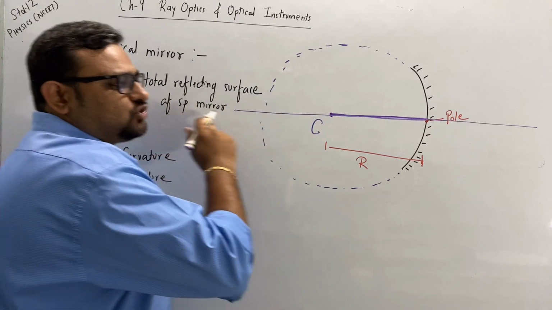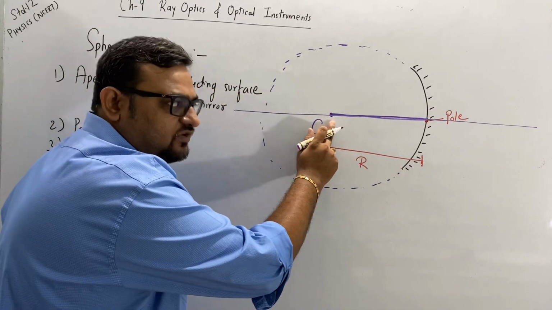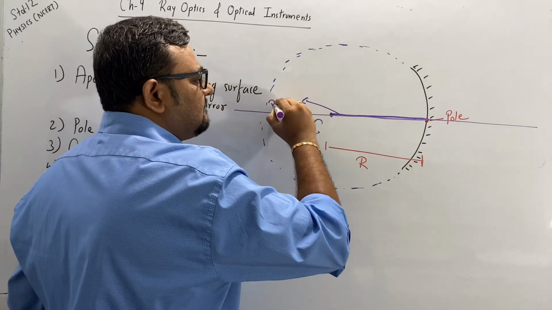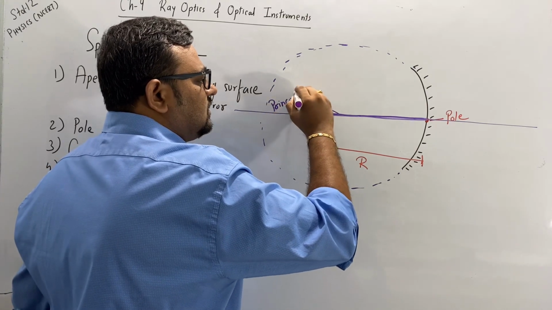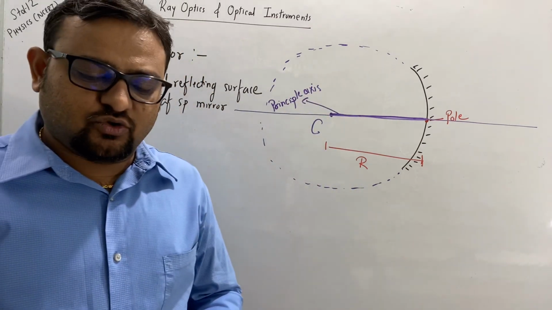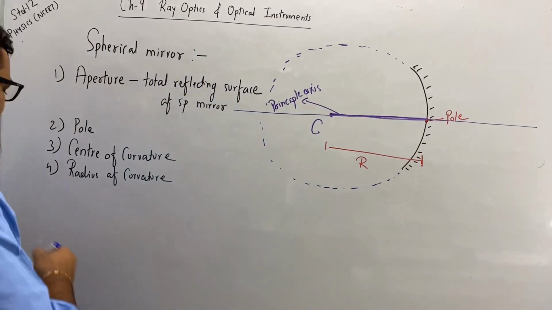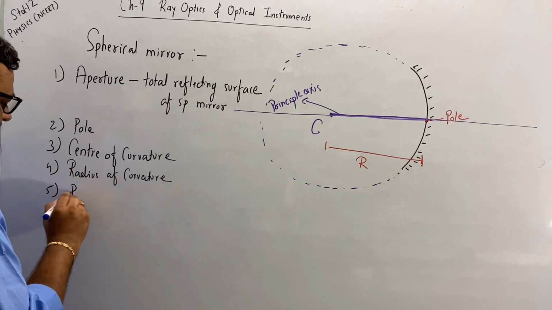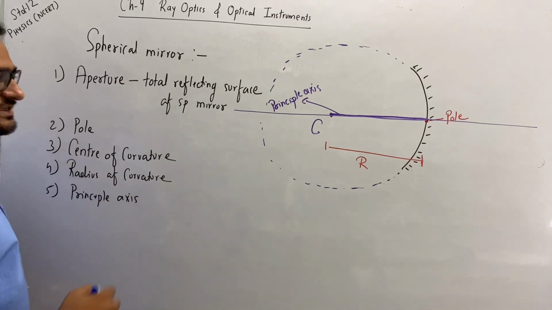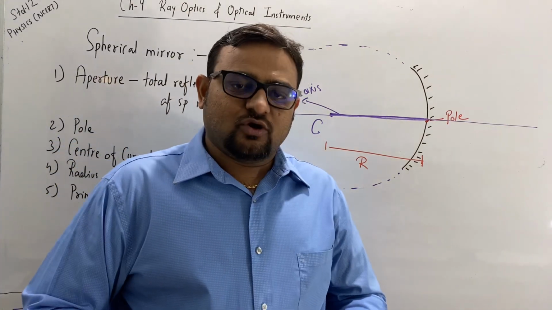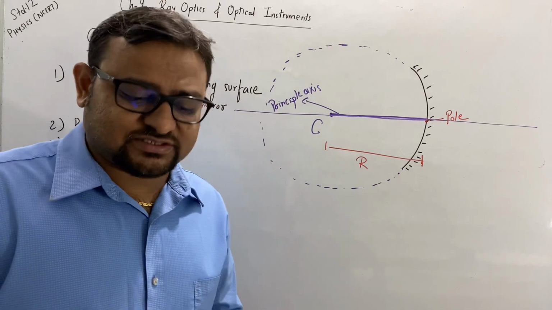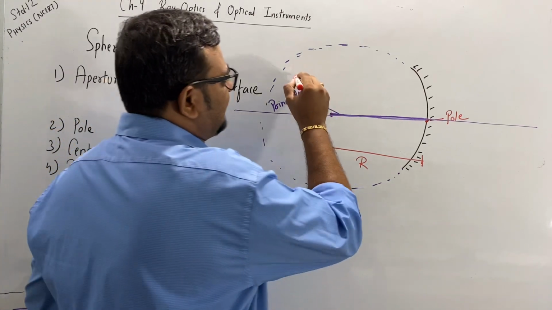Okay, so the line joining center of curvature and pole is called principal axis. Okay, so that is the next thing. Fifth, principal axis. Okay, then if I take parallel rays, okay, see if I'm taking